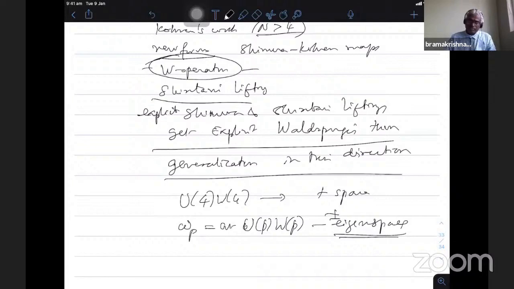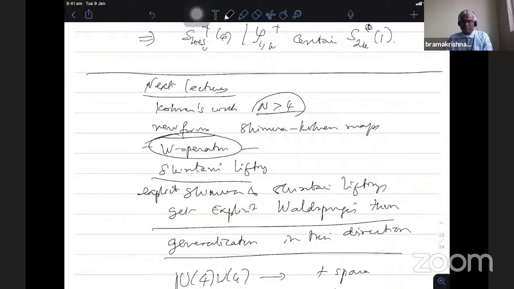So we will go slowly. The next one will be what generalizations Kohnen did in this direction, including the newform theory, and how he constructed a map in the reverse direction. Shintani did it independently. After that, Zagier gave a mapping compatible with the Petersson scalar product, which is the adjoint of the Shimura map, in case 1, and then we generalized that also. Using the Shimura and Shintani maps, adjoint to each other with respect to the Petersson scalar product, and the newform theory, one can get an explicit version of the Waldspurger theorem.